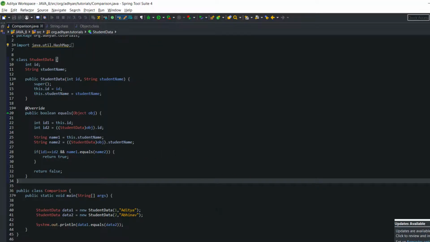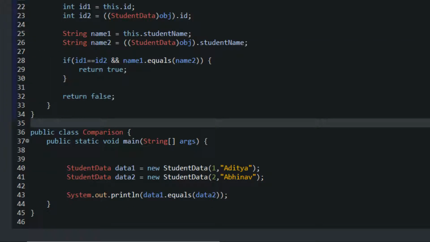So now there is one problem with the code. Here you can see that I have overridden the equals method to compare the content of the data instead of the reference comparison, which is done in the Object class equals method. Now there is a possibility that I have to use a collection to store data. For example, I have to use a HashSet, HashMap or Hashtable from the collection framework to store thousands and thousands of data. So let's try to store the data in a HashSet and find out what different problem comes up.